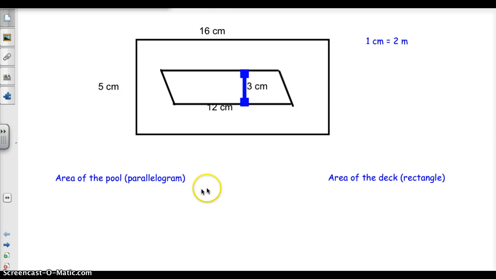Alright, grade 6, let's talk about why yesterday we got so confused with getting the right answer. And it all comes down to the conversion. So right here we see 1 centimeter equals 2 meters. So the thing we have to do, and the thing we must learn, is